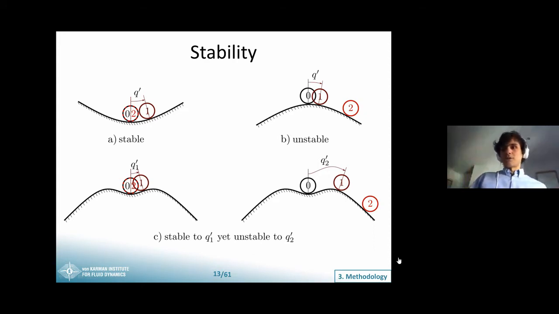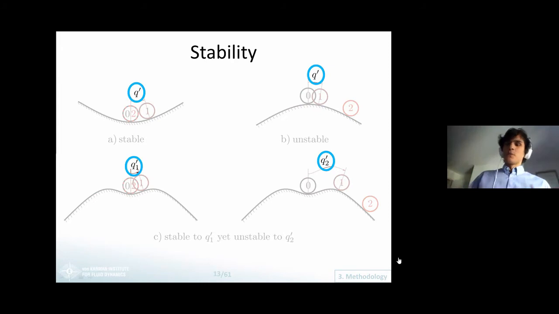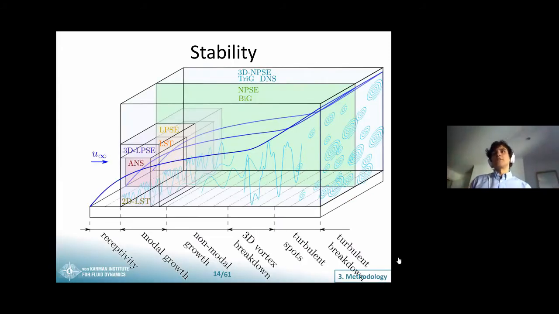OK, so the next question is, how do we model these perturbation terms? Well, for that, we have a variety of different stability theories, and we will choose one or another depending on the specific problem at hand. So depending on what shape our perturbations have in the wall normal and the spanwise direction, and also how much of the transition range we want to account for in our model. My work was focused on linear stability theory, which is one of the most simple of these theories. But as we will see later, it was done in such a way that it can be relatively easily extended to more elaborate stability theories.